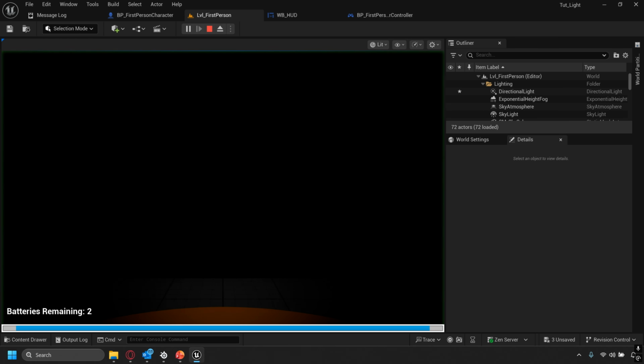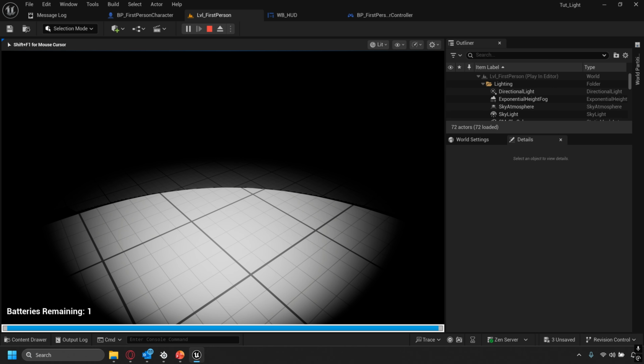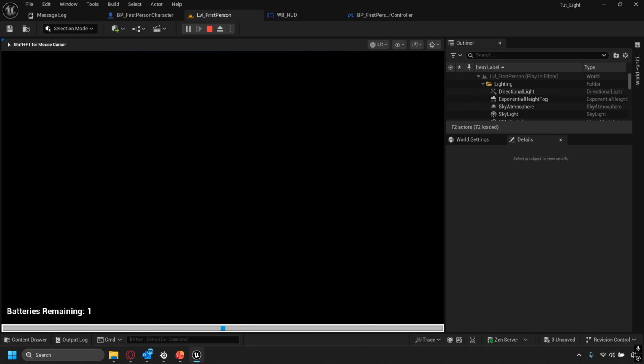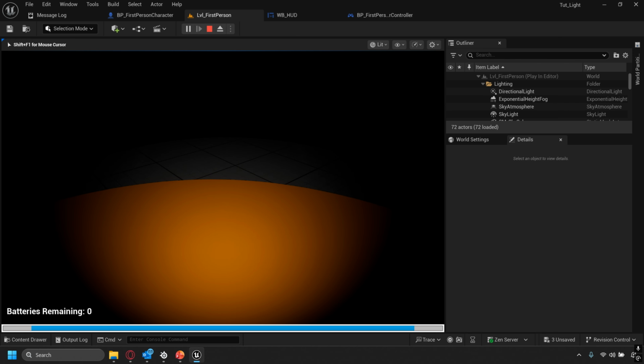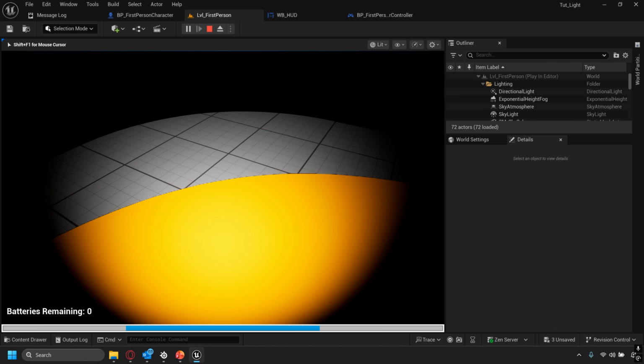Now, if you go back to your editor, you'll notice our battery is going down, and then you can press R, and it will reload your battery. Then, once your batteries are low, you can press R and reload it, and then turn the light back on. But you'll notice the bar stayed low, so that means we need to call out and update it